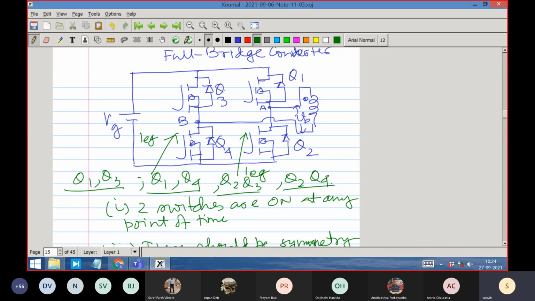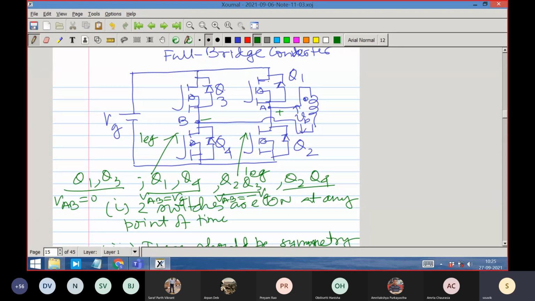this freedom is telling me that with Q1, Q2 on, what voltage do I produce? Look at the convention of voltage, plus, minus. Q1 is on and Q3 is on. What is the voltage I am producing? I am producing VAB equal to 0. When I am doing Q1 and Q4 on, what am I doing? I am producing a voltage of VAB equal to VG. That is what I am producing. When Q2 and Q3 are on, A point comes down, B point goes up. So I am getting VAB equal to minus VG. I can produce negative voltage now.